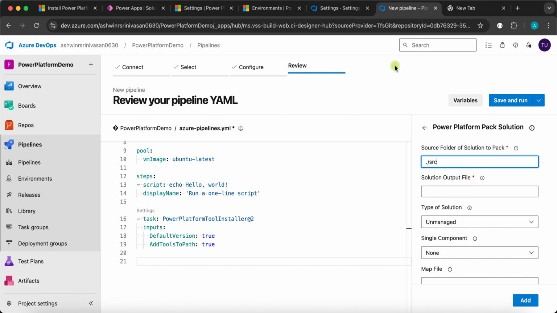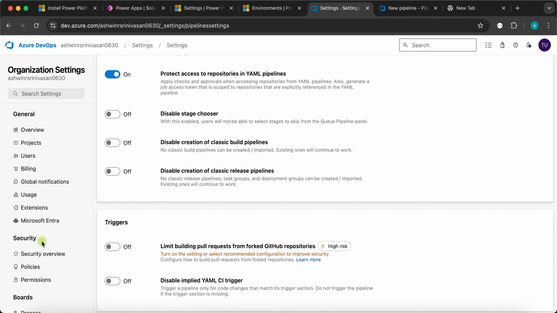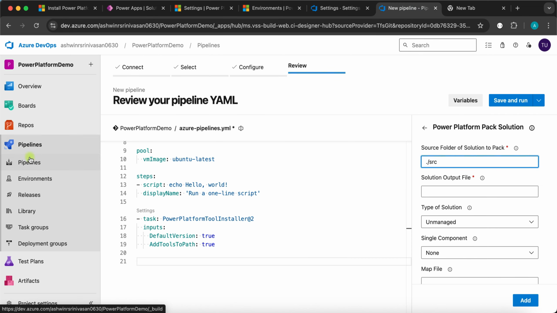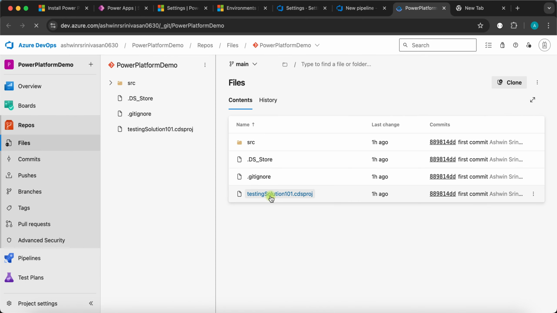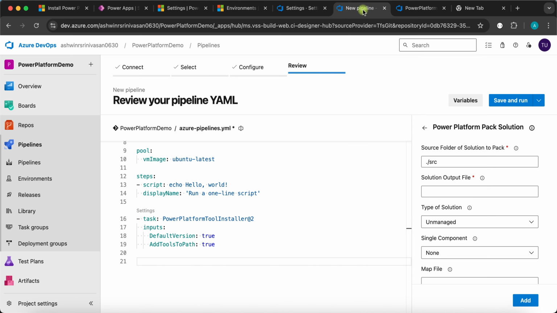SRC source folder. So if we go back, let's see the tree. You can see this is the source folder that I'm going to use. That's the reason: the source folder of a solution to pack is this source folder. And then for the output folder, I'm going to keep everything in the same source folder itself, which is going to be SRC. And in our case, it should be testing solution 101.zip